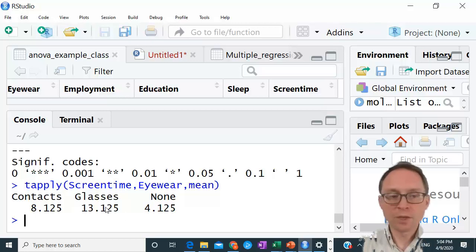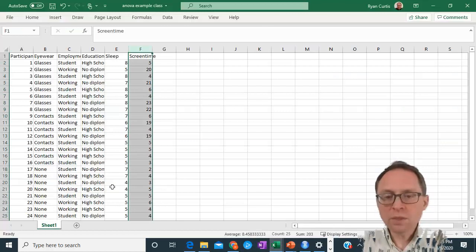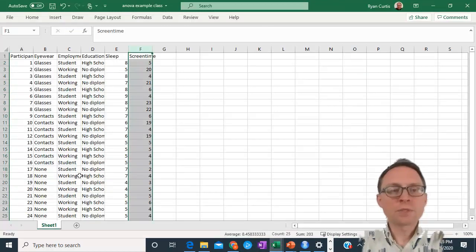All right, I know it's probably glasses and none because it's the highest and lowest, but I still don't know if glasses and contacts are significantly different or contacts and none are significantly different. Now, if you want to do this on Excel, then we can go through the steps of how to do this. So let's go ahead and create